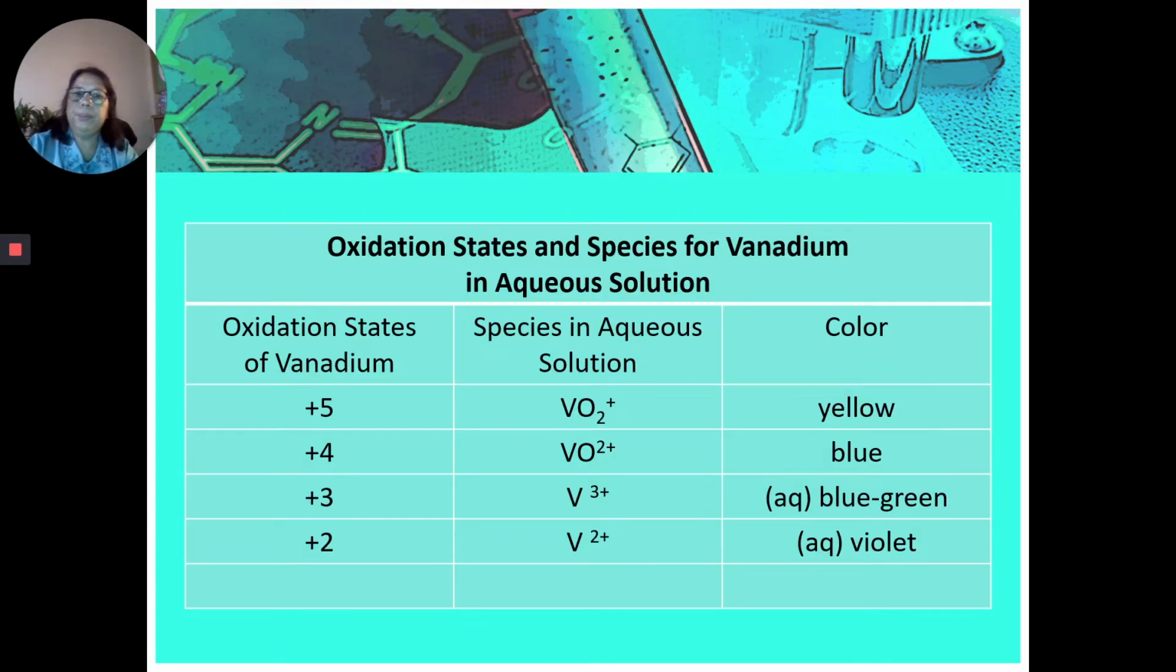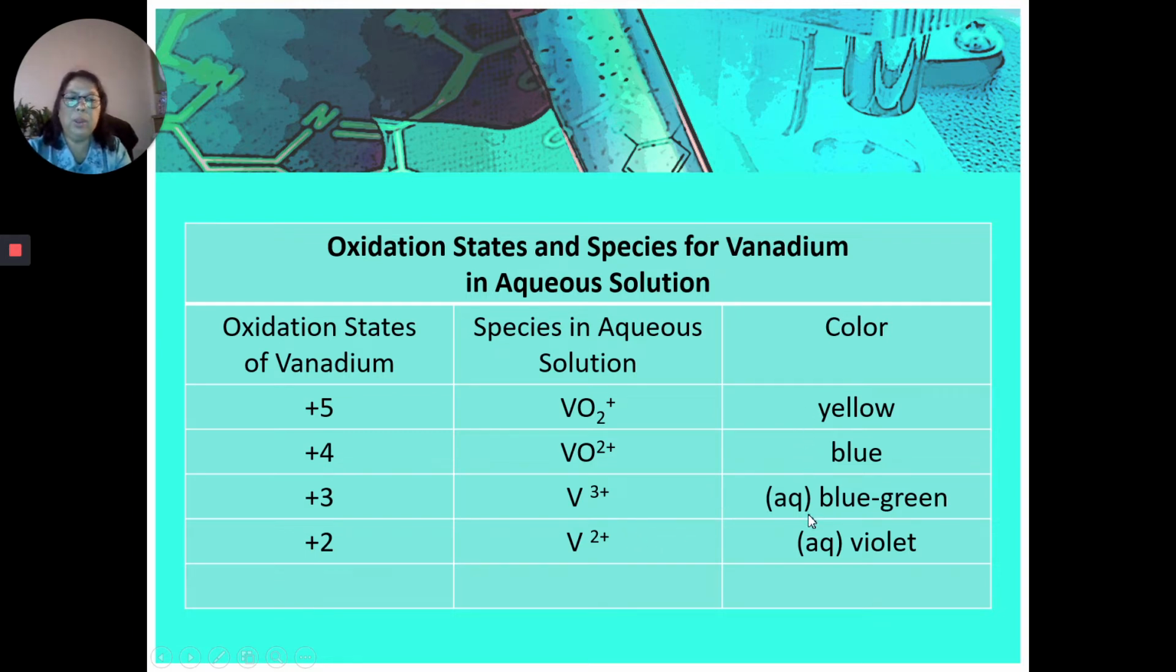And then here are some illustrations as to what are the oxidation states in the aqueous solution. But what you are going to look into here is first, the vanadium has an oxidation state of plus 5, 4, 3, 2. They are all vanadium, but if they are in their aqueous solution state, they come in